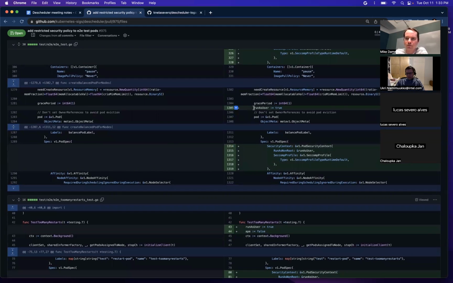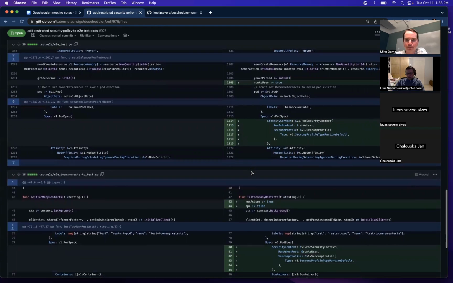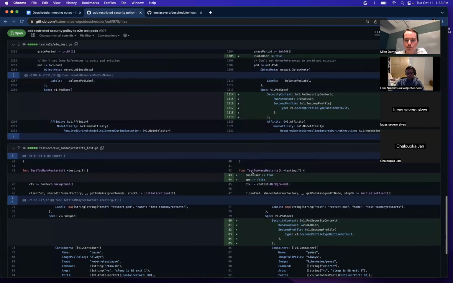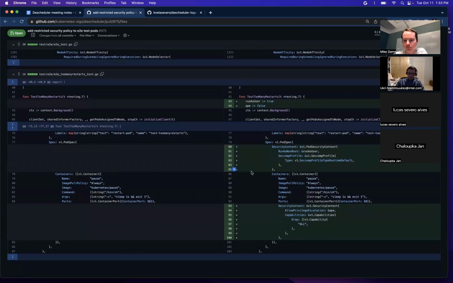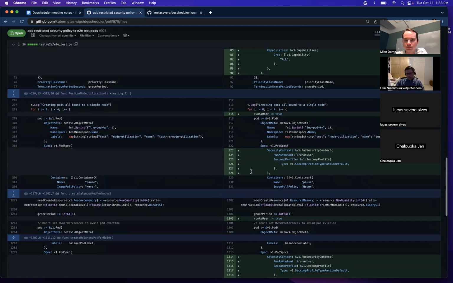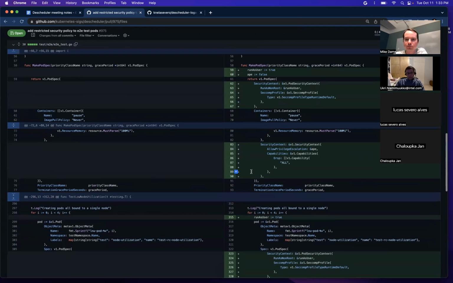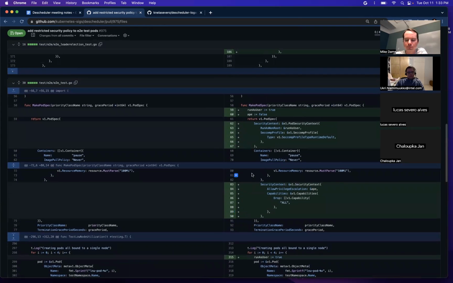No, but they need run as non-root user to be true. Oh, I'm sorry, I misread it as run as root, not as non-root user. So yes, this can run on OpenShift. But I think security context works a bit differently when you compare vanilla Kubernetes and OpenShift. And I assume, I didn't check, that when you set run as non-root user as true, OpenShift already sets the